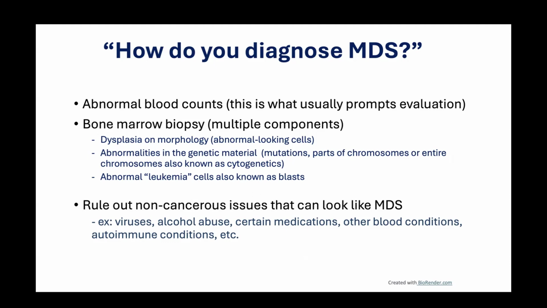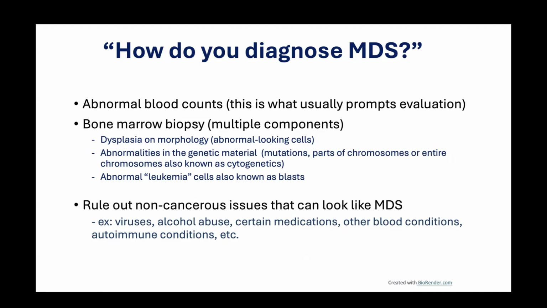where a pathologist is looking by eye at the slides and looking at the cells and saying, do these look abnormal? But then there are many other tests like flow cytometry, which is where they basically take the cells and flow them through a tube and look for surface markers that should exist on normal and on abnormal cells.